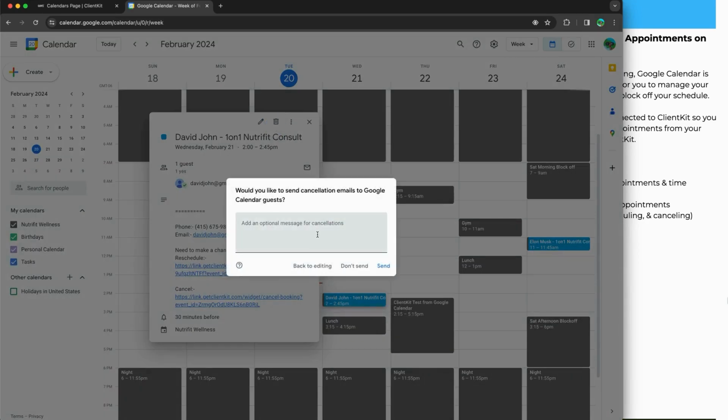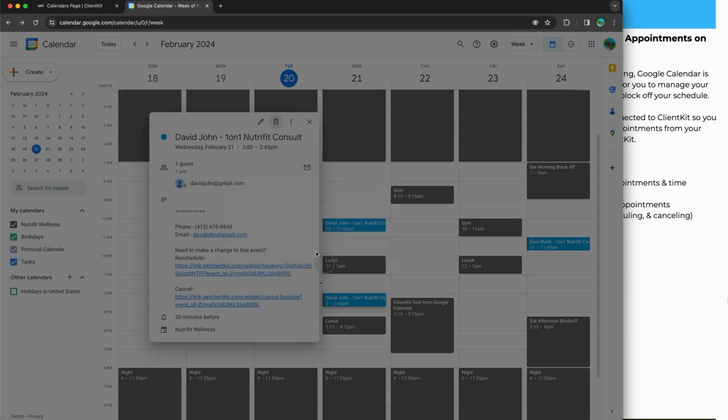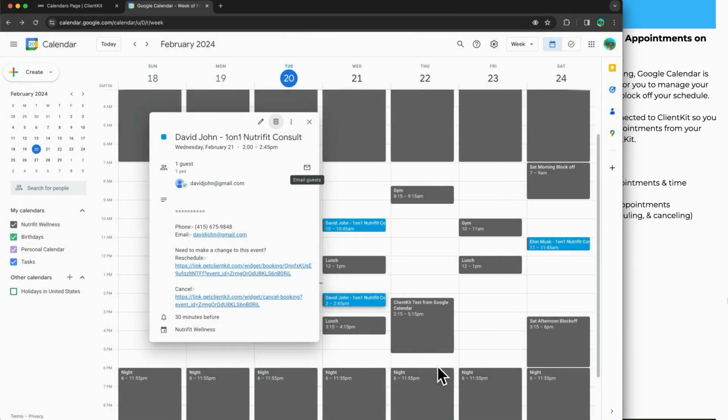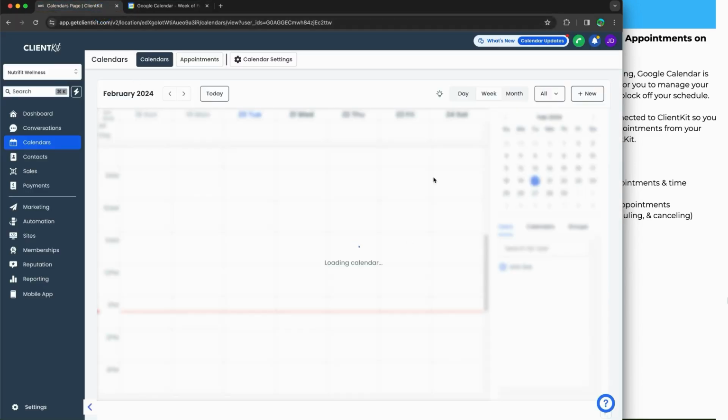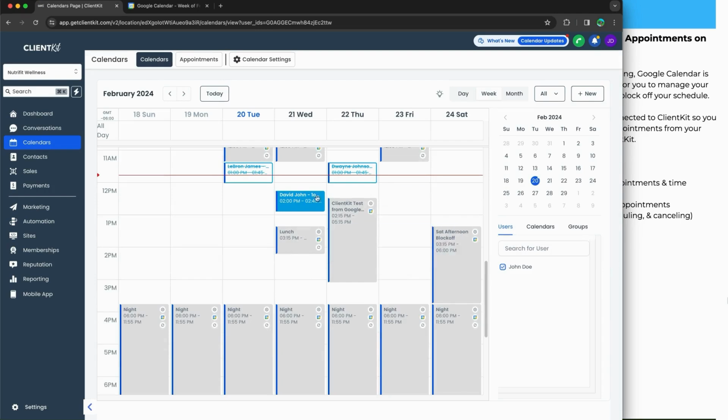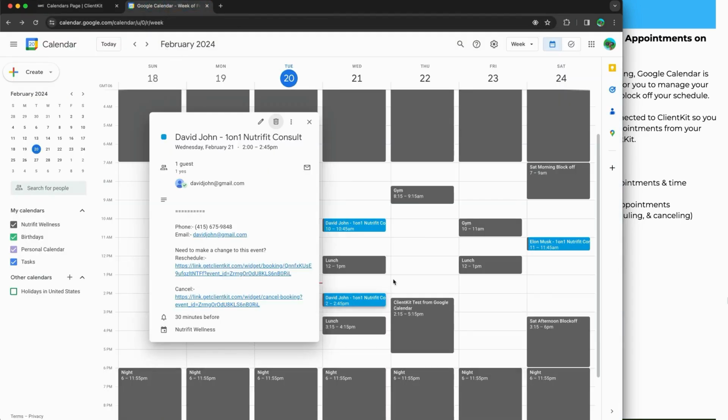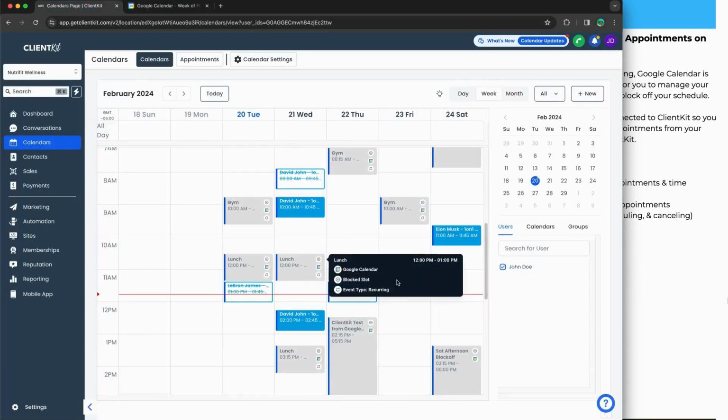However, we would recommend, and I said this in a previous training, we're going to make it very clear, we would recommend not deleting client appointments and not deleting booking calendar appointments from Google Calendar. We would recommend that you always use the methods that we've talked about. Let me reload this very quickly because it was taking a little longer to load. We recommend that you do not mess around with these booking calendar appointments from Google Calendar, that you do them via the methods that we've talked about,